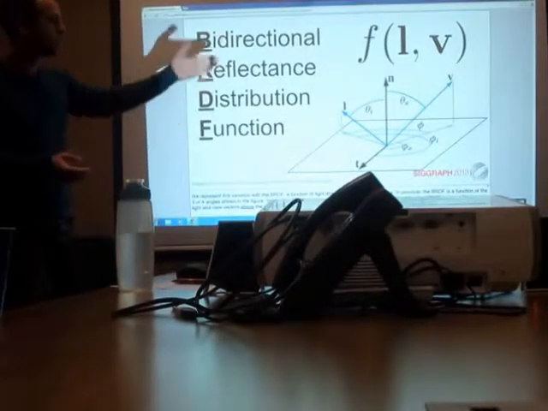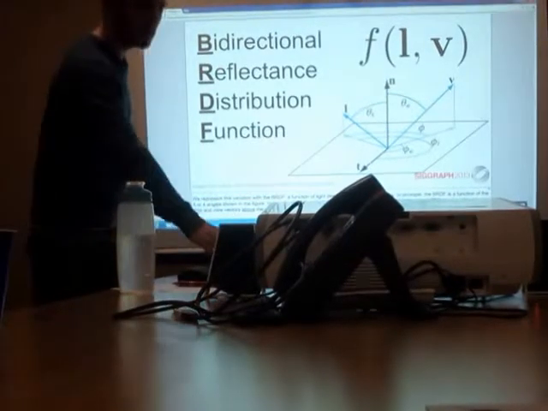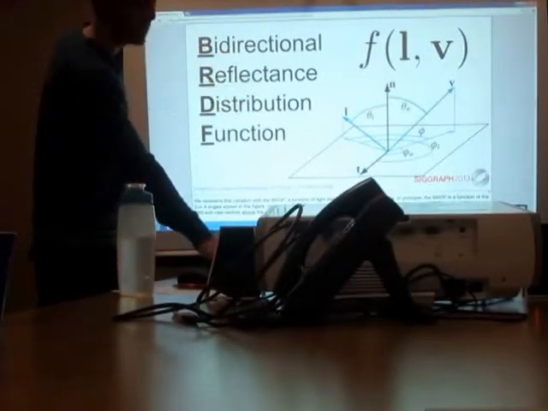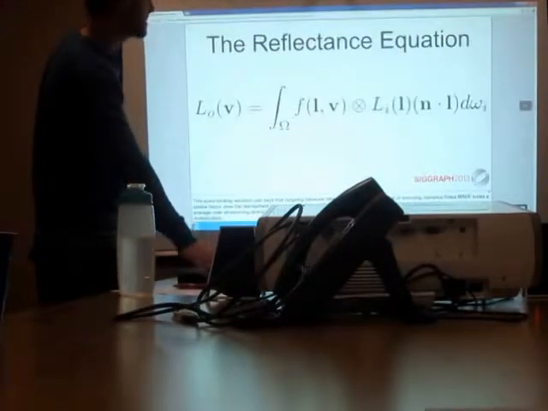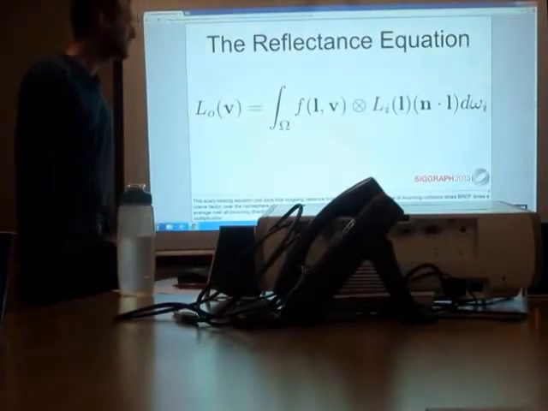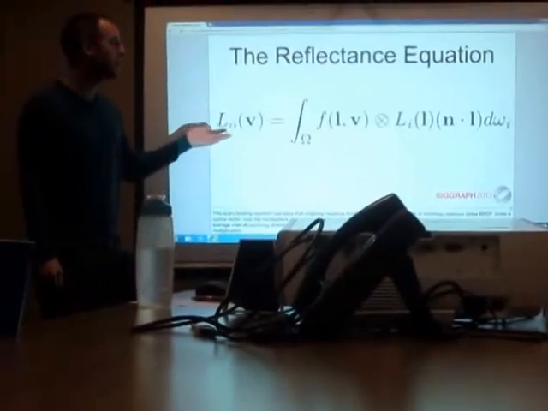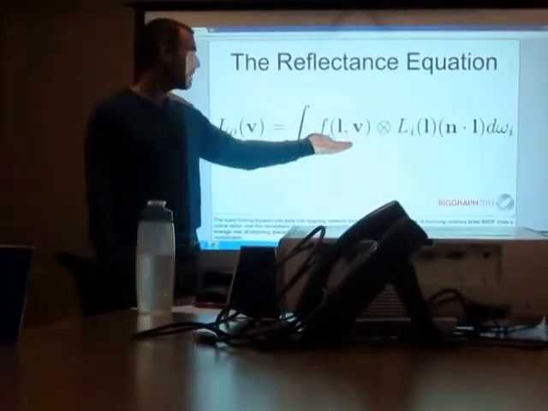So this formula tells you how the surface handles a given light direction and reflects it in a given view direction. And the way we plug that in to get the light that's coming out is the